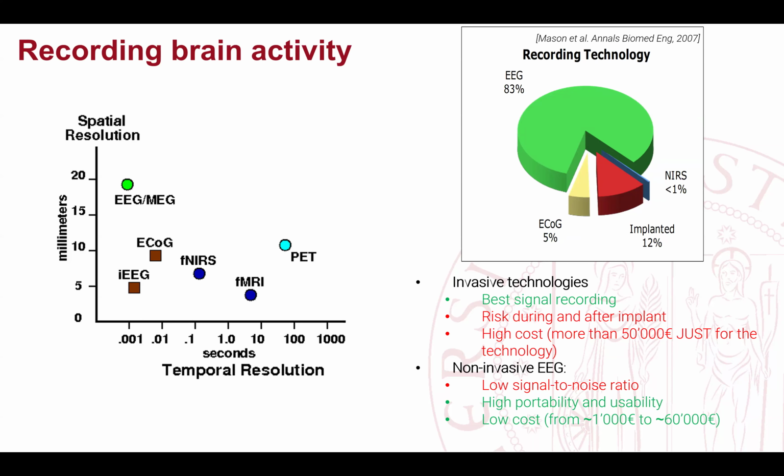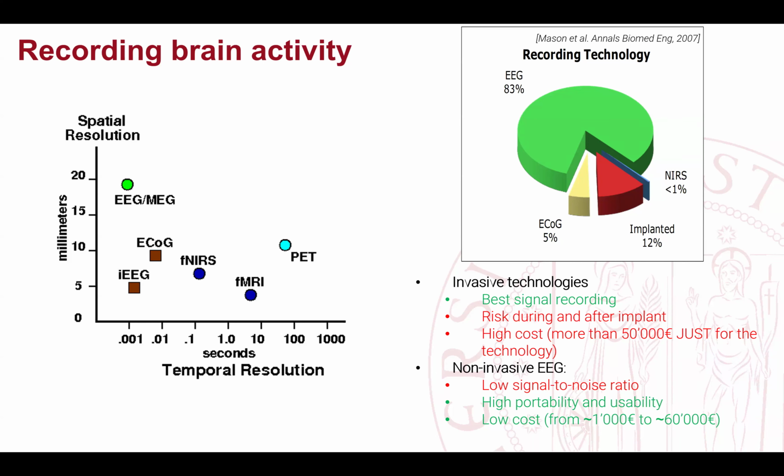They require surgery, with all the risks related to the surgical intervention, which are risks not only associated to the surgical procedure itself, but also later on, because there's always a high risk of infections, of generation of scars, and of movements of the electrodes within your brain, which are not a nice thing. And it's, I think, from 10 to 14 hours of surgical procedure. And so it is not only a problem for the user itself, for its risk, but also a problem for the healthcare, because this type of intervention costs